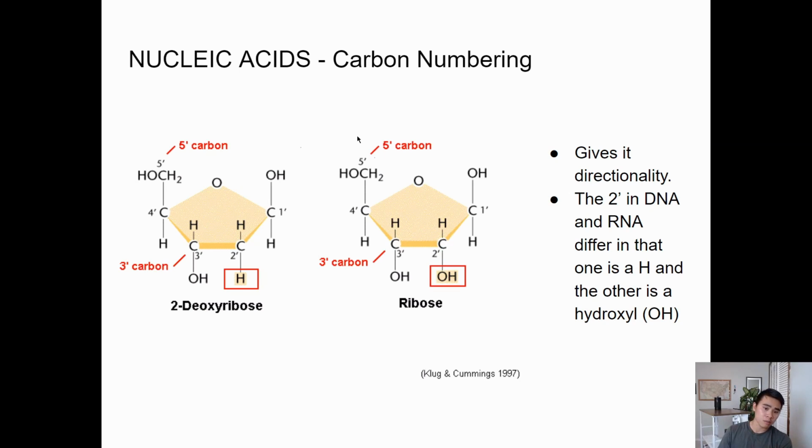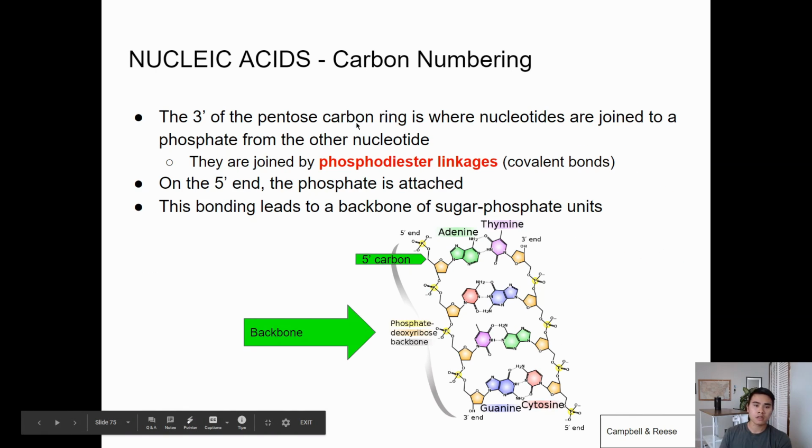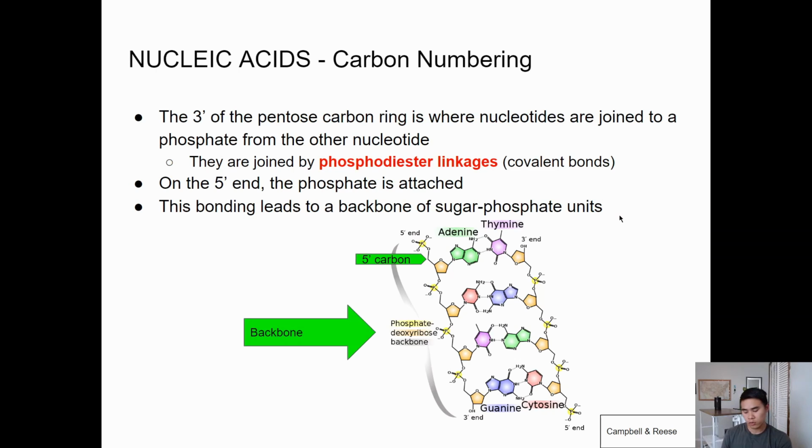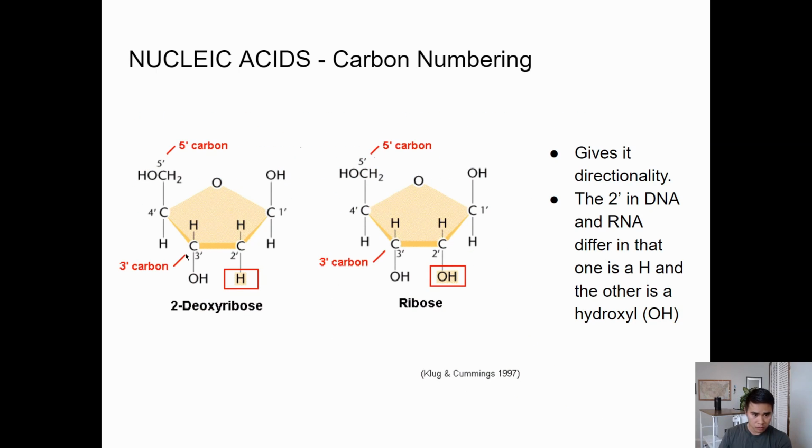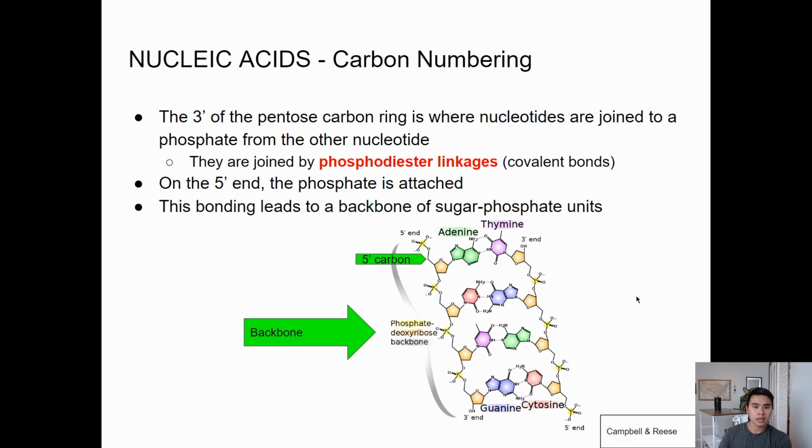On the 3' and the 5' carbon, they both have hydroxyl groups at the end of it, and the 5' carbon gives it directionality. So if you think about DNA, we talk about it in terms of 3' and 5', and 5' and 3'. That is stemming from the pentose. The 3' carbon is where the nucleotides are joined. That's why it's important. The 3' is what joins the different nucleotides, and they're joined by a covalent bond, and the bond is called a phosphodiester linkage. So just make sure that you understand that,